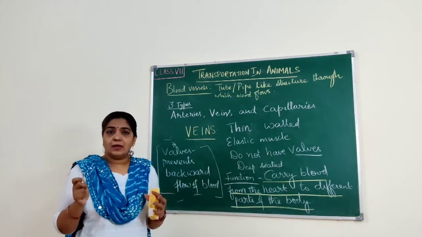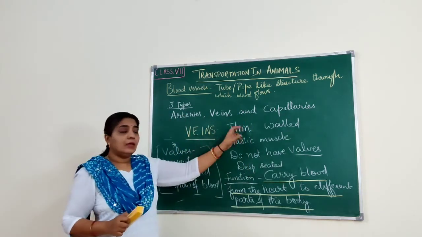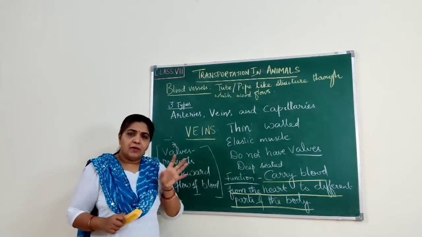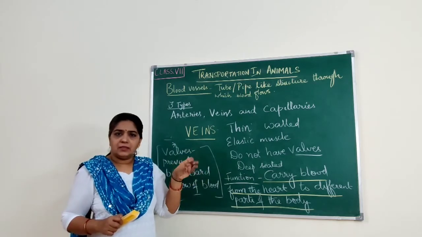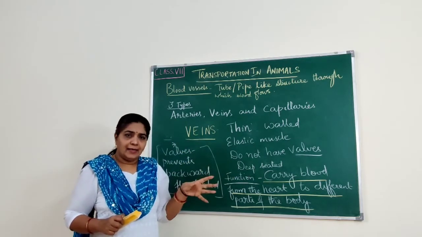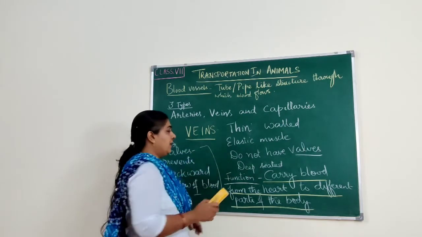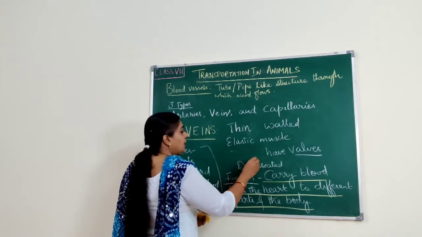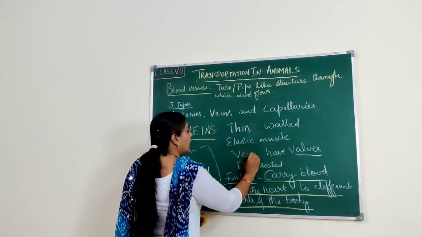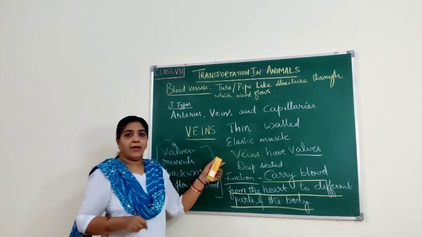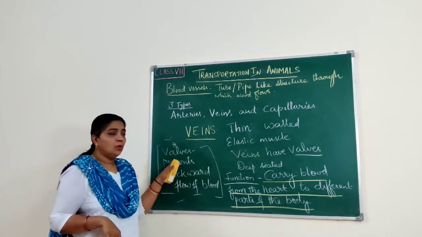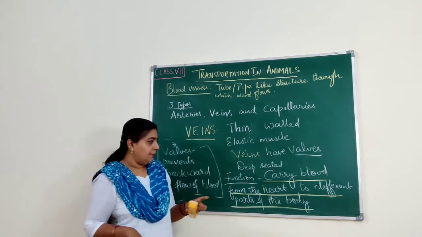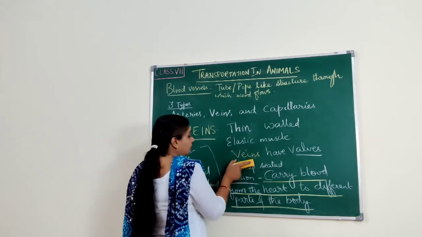Arteries, thick walled. Veins, thin walled. And they are also made up of elastic muscle, because again when the blood is flowing through the veins, it is by contracting and expanding. Okay, but coming to veins, veins have valves. I told you valves prevent the backward flow of blood, and it is not deep seated,